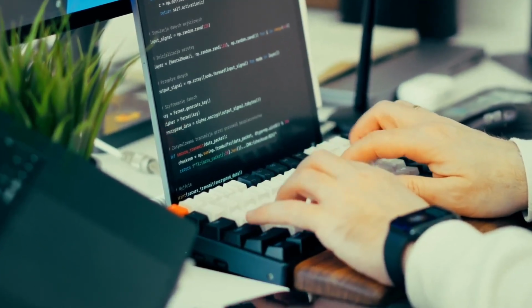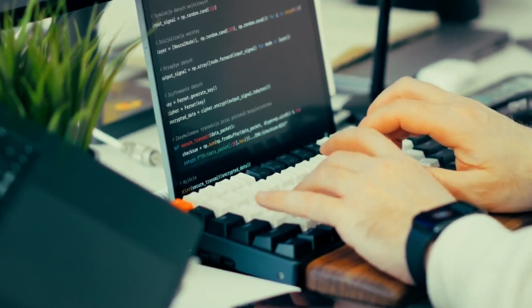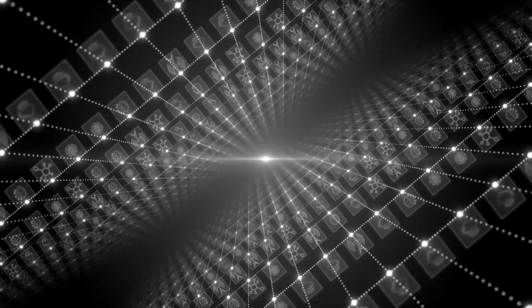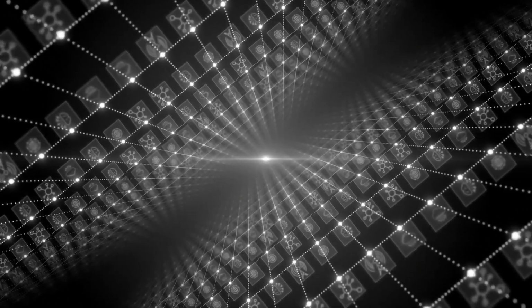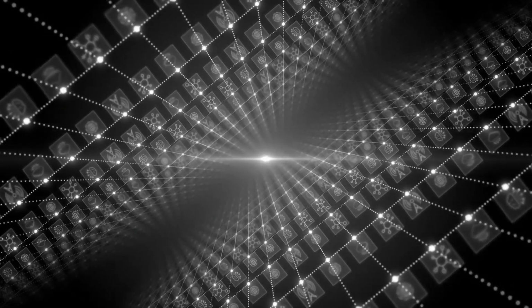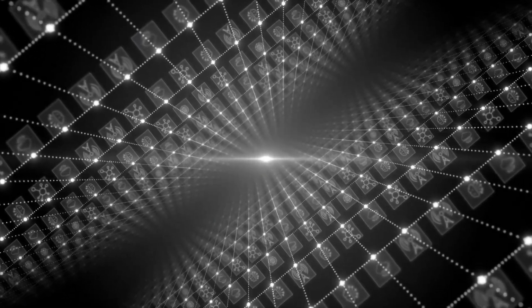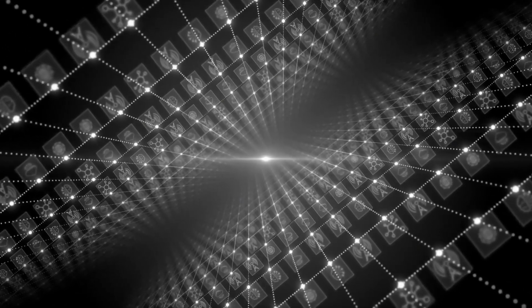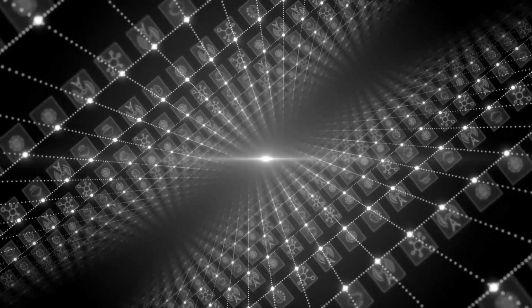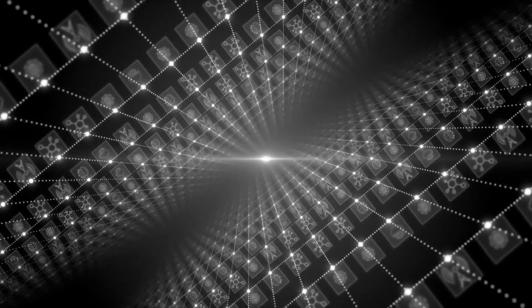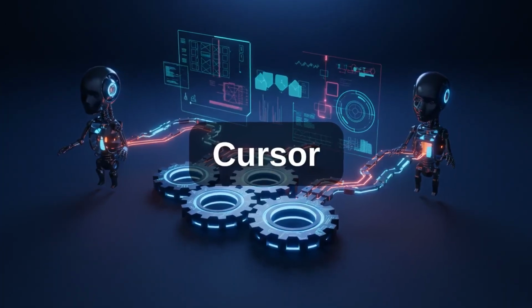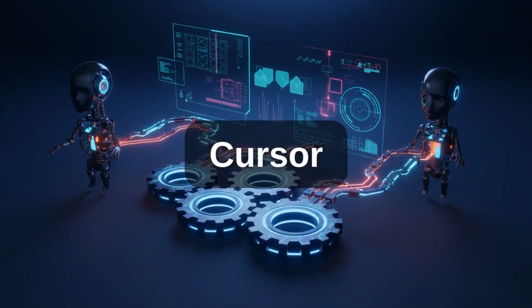CodeWhisperer offers some customization through organizational policies, but lacks the dynamic learning capabilities that Cursor now provides. This creates a substantial competitive advantage for developers who value personalized AI assistance that improves throughout their workflow. The real-time adaptation capability addresses a fundamental limitation of existing AI coding assistants: the inability to learn from immediate context